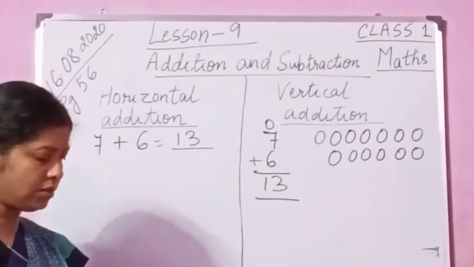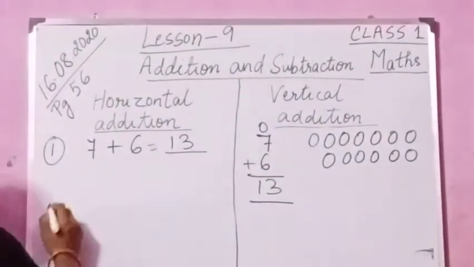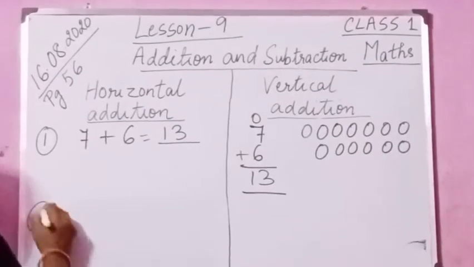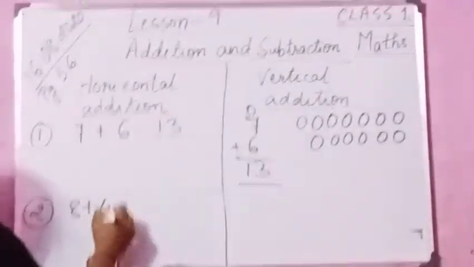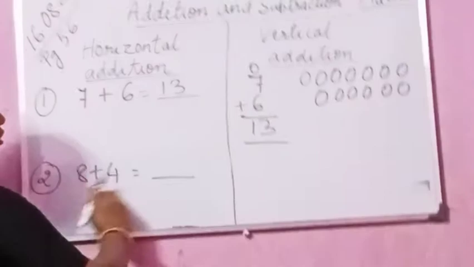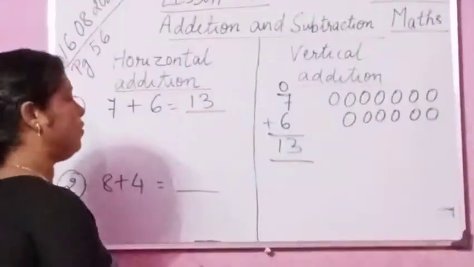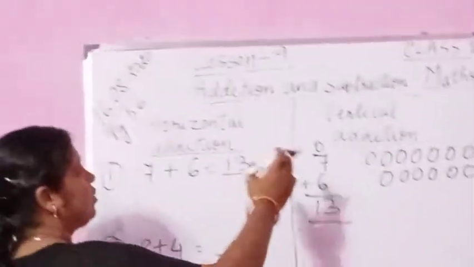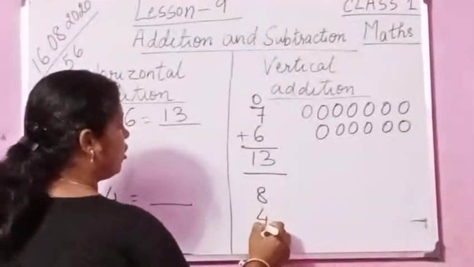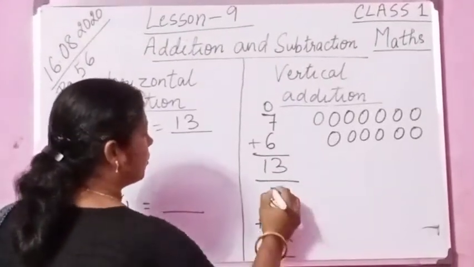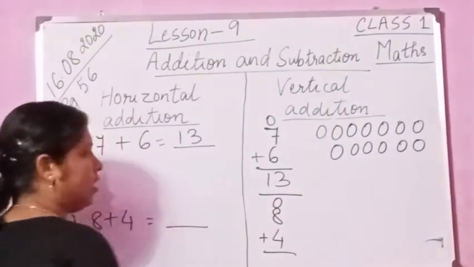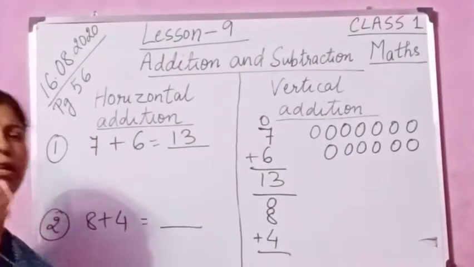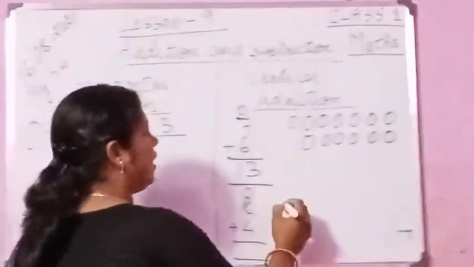Okay. Next one is 8 plus 4. See number 2, let us do 8 plus 4. In a horizontal way we are doing it, in a straight or flat way. And this one you see is vertical addition, 8 plus 4. Here also you write down ones, O, and you write down 8. Now you can draw your own drawings, whatever you want to draw. So let us make a star.